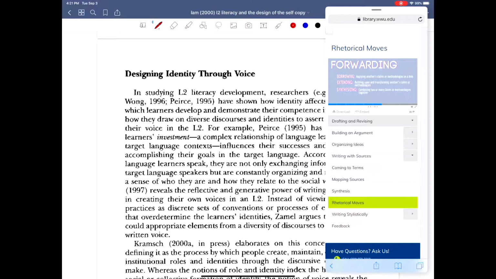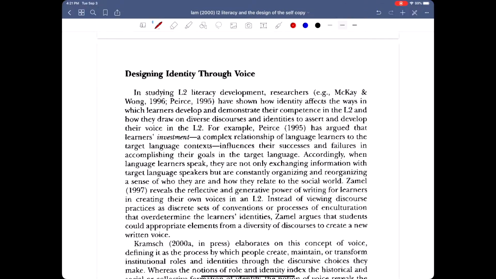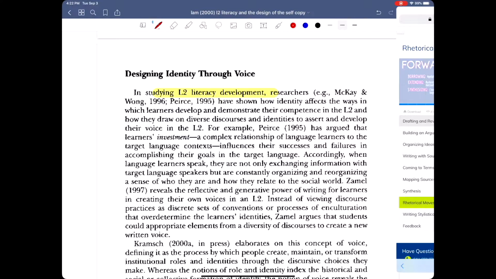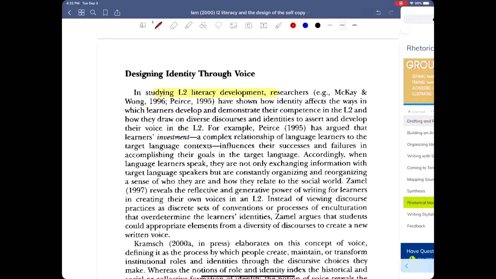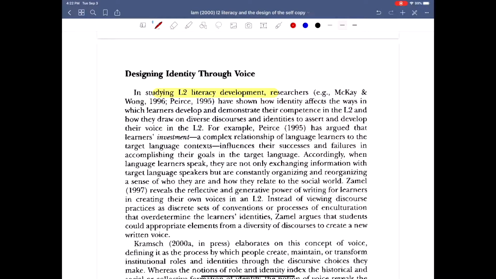So let's move on. So here, I think, we see more of her trying to do the background work in terms of grounding the reader in a particular framework. She starts out broad again. She again goes back to broadly L2 literacy. If you remember, she does the same thing here. So she's starting broad, and then she's going to start narrowing it down.